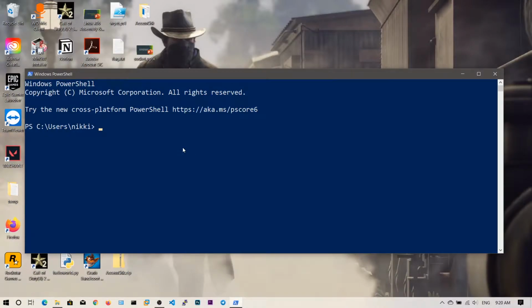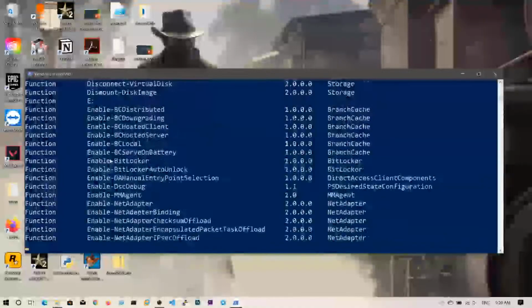So guys, in this video we are going to take a look at another two commands. Those are Get-Command and Get-Help. First, if you don't know what commands there are in PowerShell, of course there are so many, but if you want to know all the commands, you need to type Get-Command. It will give you all the commands you can perform in this PowerShell.